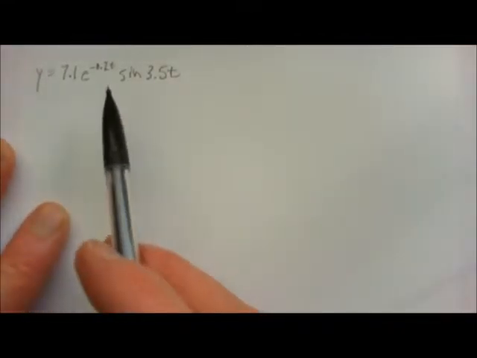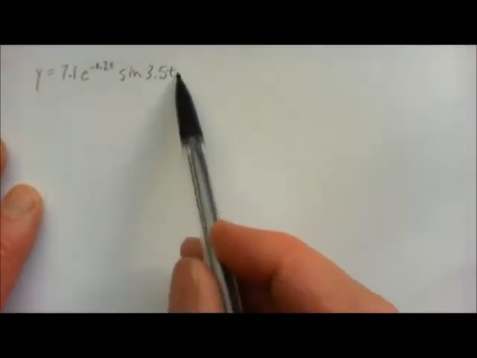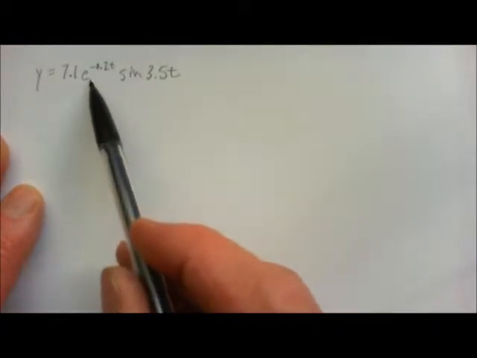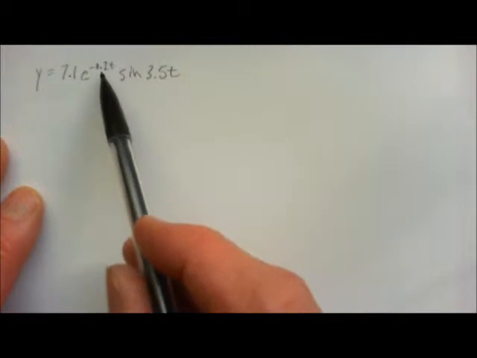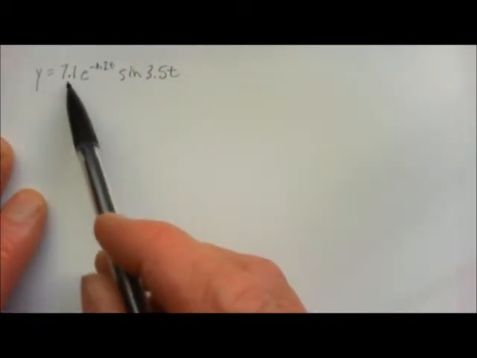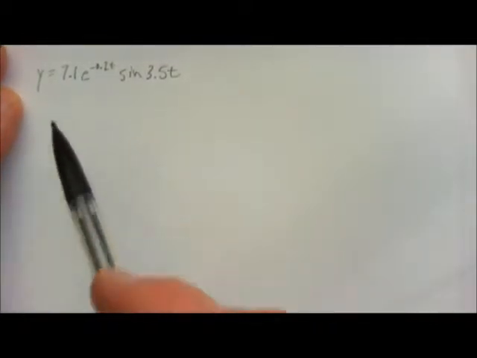Let's take a look at this function. This is something that will come up in our study of mechanical and electrical systems. We've got a trig function here, a sine, which causes some oscillation, but it's multiplied by a decaying exponential function. So what we have is oscillation which will be dying out as time goes on. The initial amplitude is 7.1, but of course this exponential is part of the amplitude, so the amplitude will be